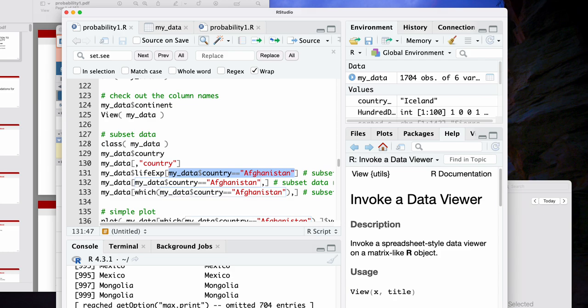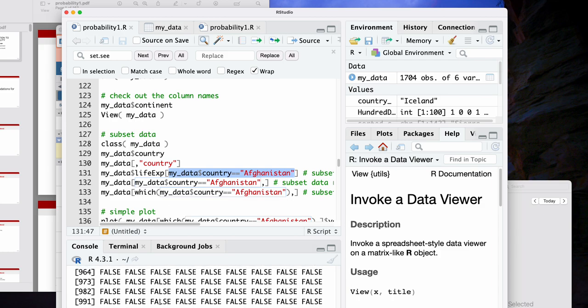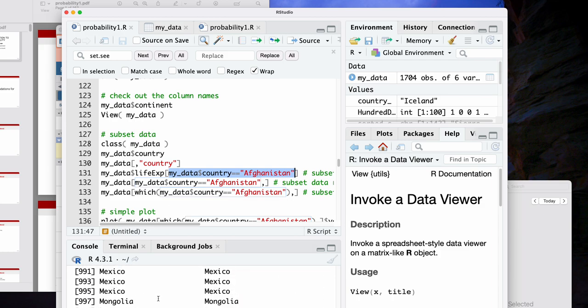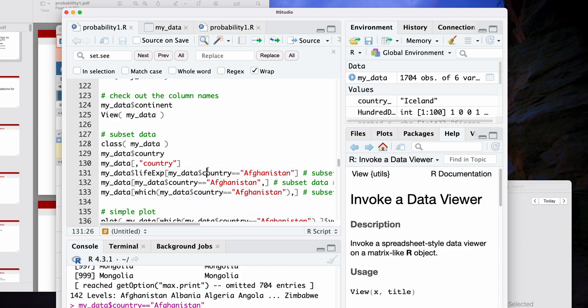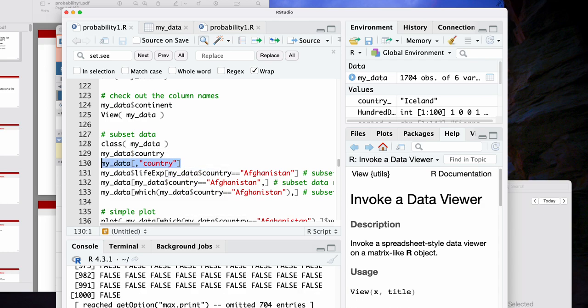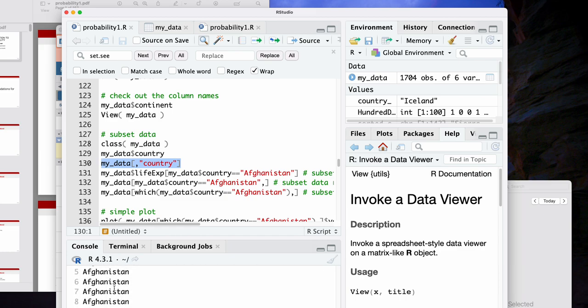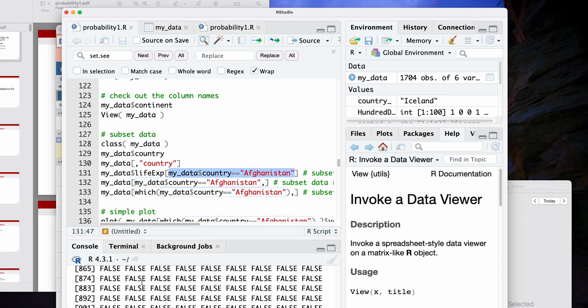doing things. So what we're doing here is we're setting up a bunch of trues and falses, and things are true when country equals Afghanistan, and then we see a false when the country value is not equal to Afghanistan. So if we just look at country again, it looks like this. It starts off with Afghanistan, and then it goes on to other countries. And when we do this calculation here, we see that we have a bunch of falses, but the first entries are trues, and so forth and so on. So this is a series of logical operations.